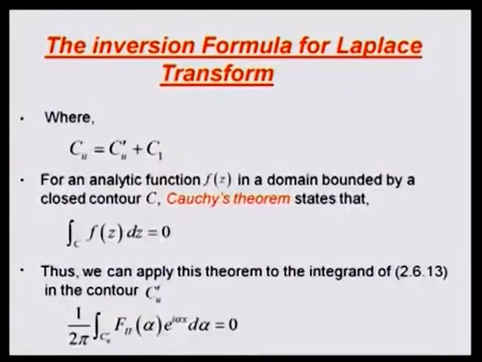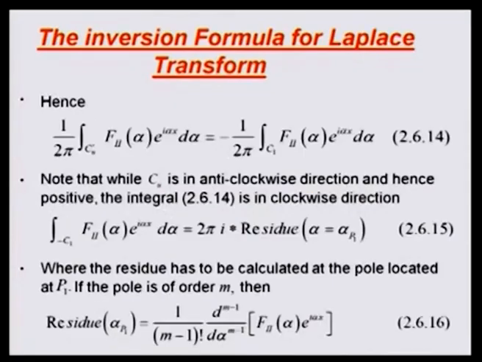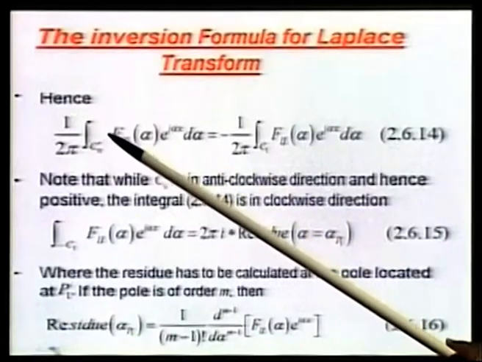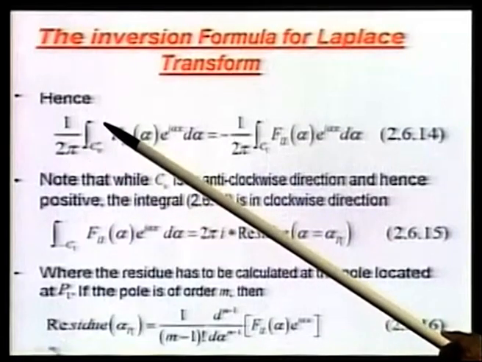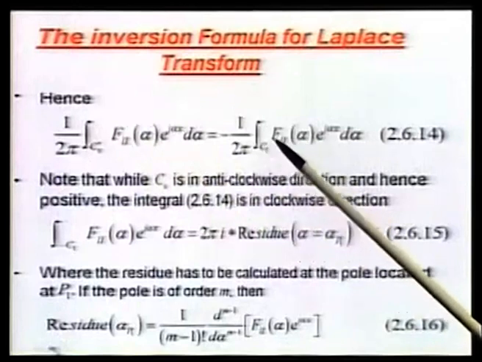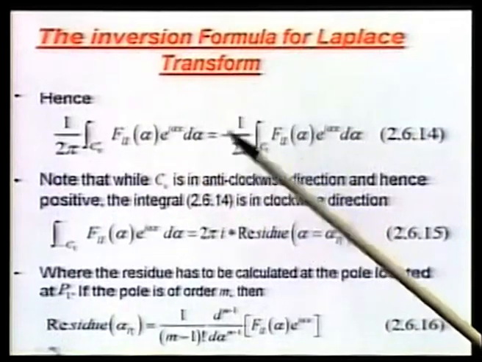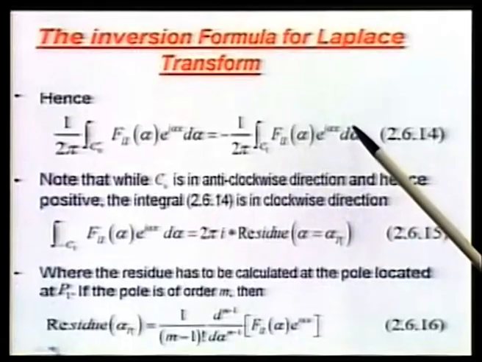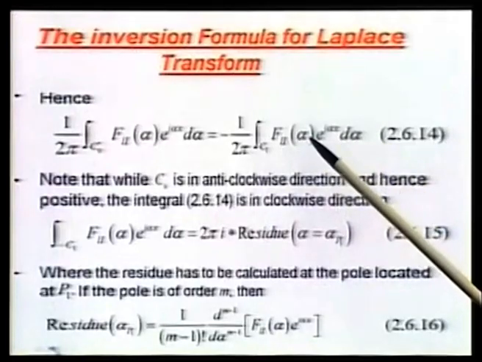The whole thing is your f z there. Now, this part I did not do cleanly. So, I thought I will do it today. So, what I did now, I have this integral evaluated over C u prime plus the integral evaluated over C 1 equal to 0. So, I put this one on this side, and now when I do this, I notice